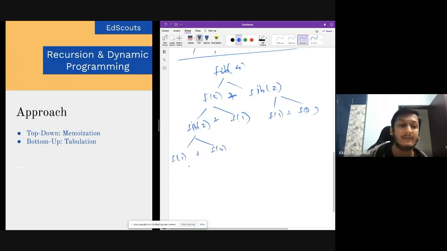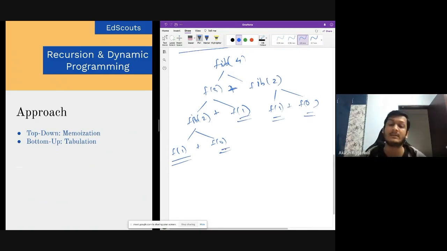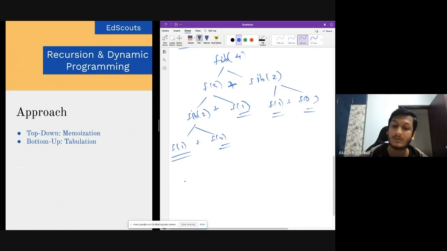So let's say we have these as base values, f of 1, f of 0. Okay. So what we will be doing here is, in the top-down approach, basically we will be using recursion.